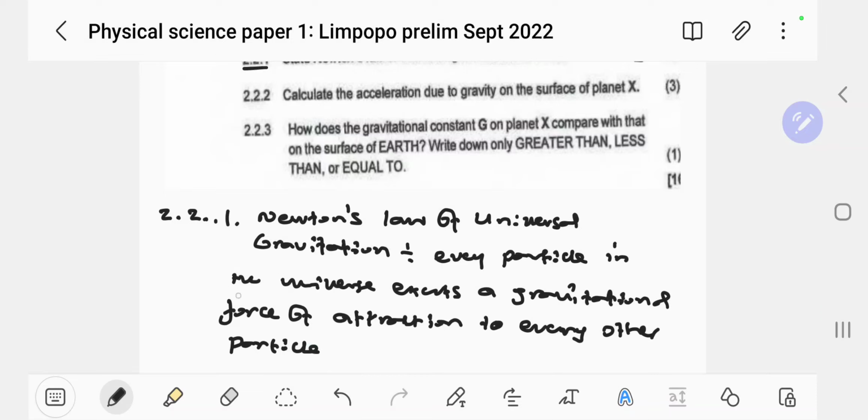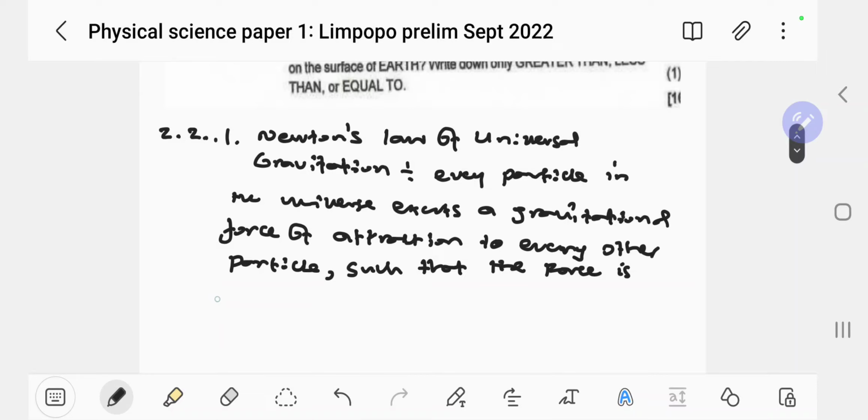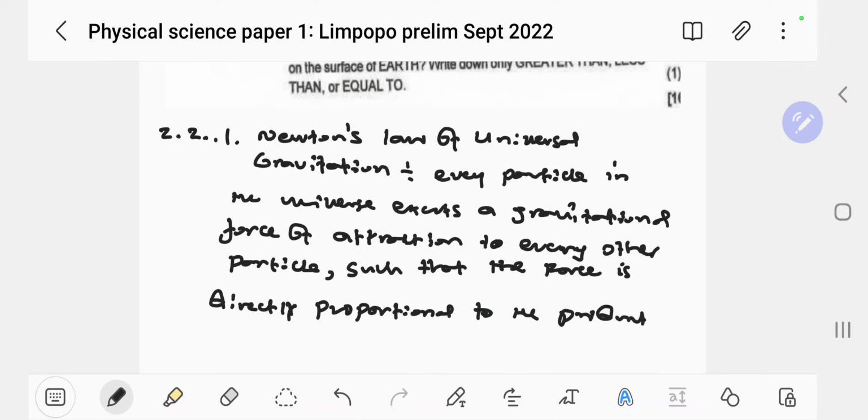Every particle in the universe exerts a gravitational force of attraction to every other particle such that the force is directly proportional to the product of their masses and inversely